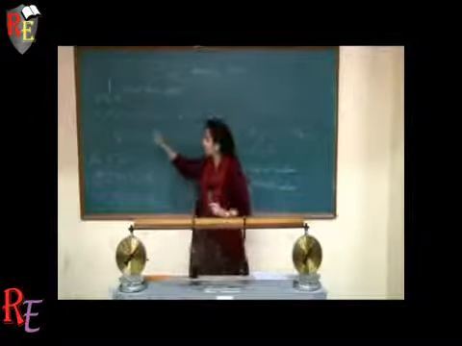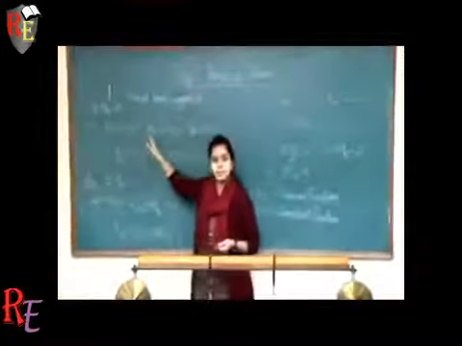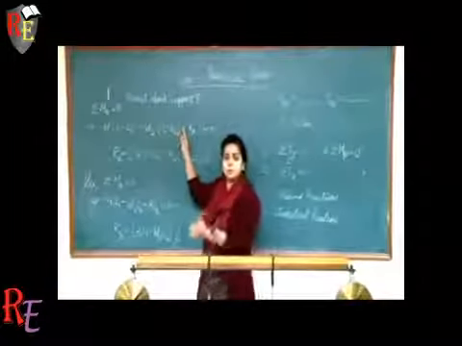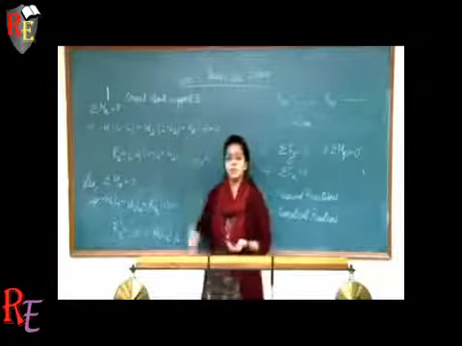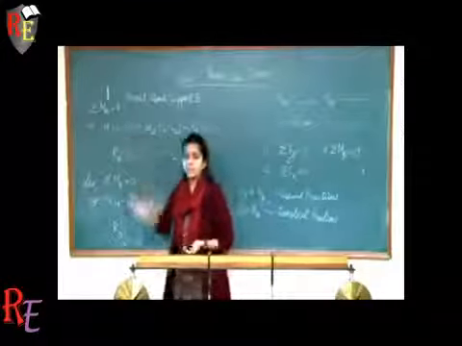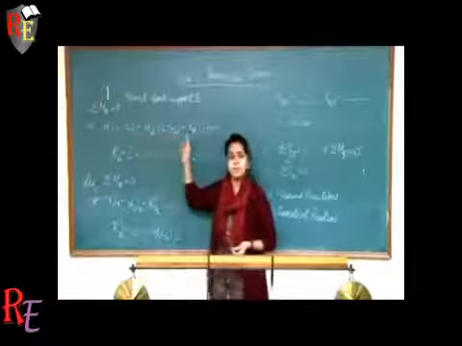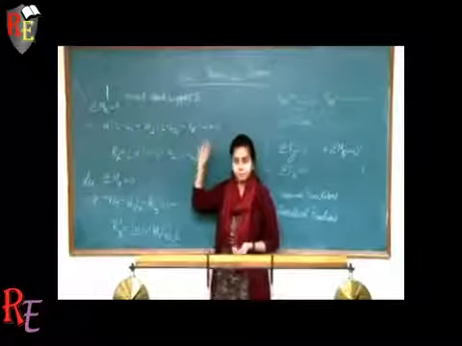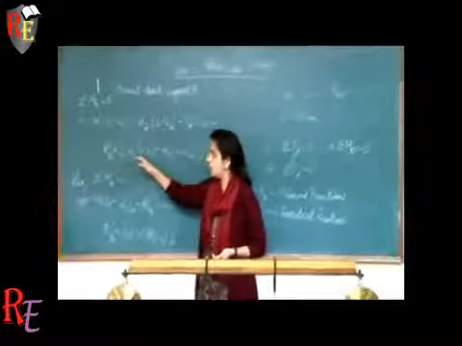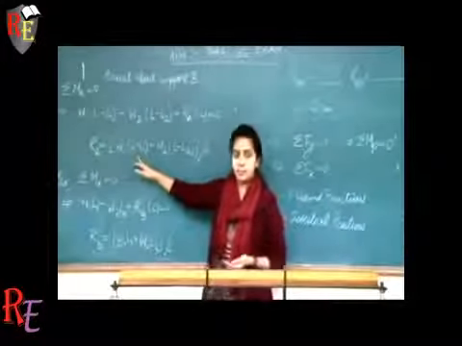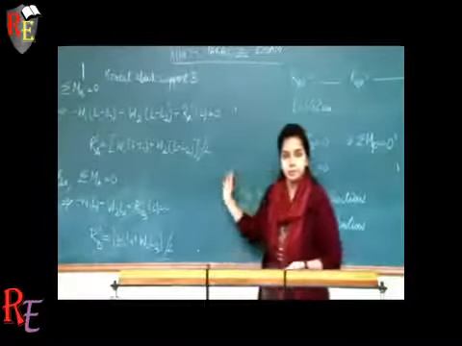Now here we notice the difference in signs for these moments. Moments because of weights are considered negative, while the moment because of the support reaction is considered positive. It is very simple: since the reaction is vertically upward and these weights are vertically downward, there is a change in direction, so there is a change in positive and negative sign as well. From calculation we observe RA dash equals weight 1 multiplied by the distance L minus L1 plus weight 2 into L minus L2, divided by the entire length.